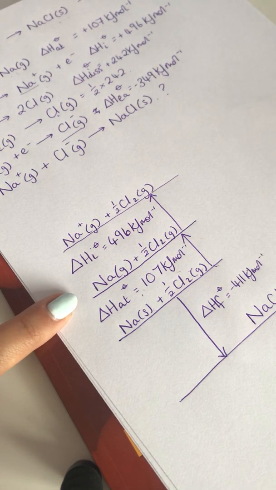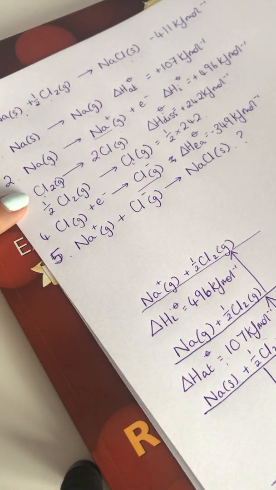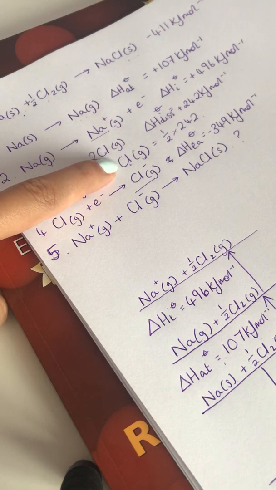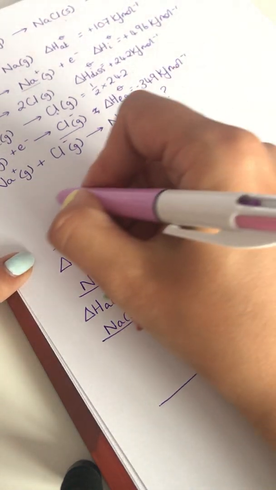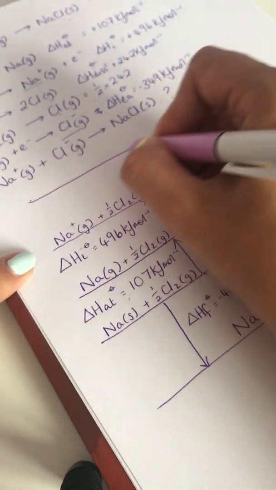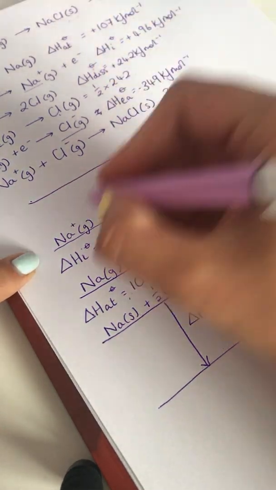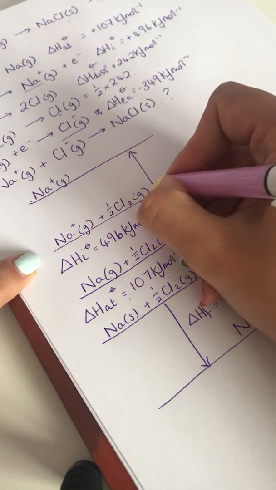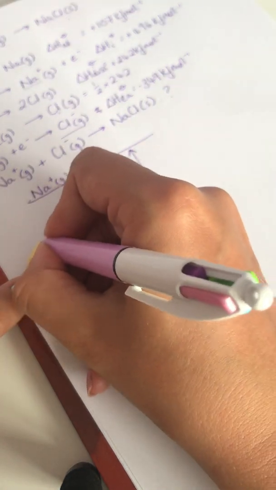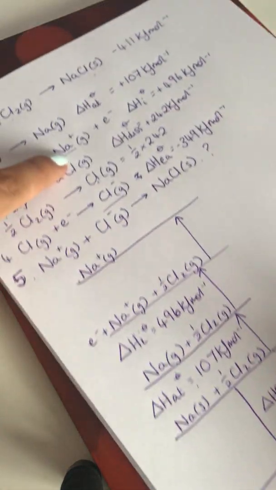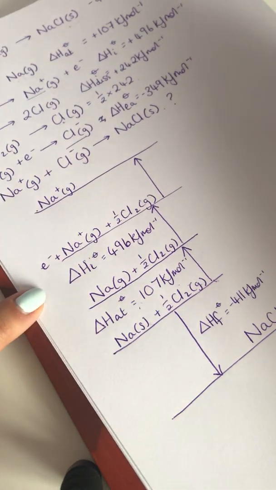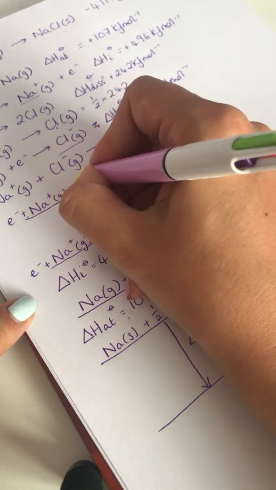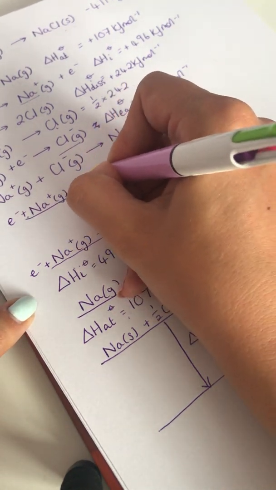So my next step then is to get from Cl2 or half Cl2 to a Cl atom. So I'm going to put another line here, make sure I've got enough space to write. I'm still keeping the sodium ion on there, so I haven't forgot that I've still got that here. Oh, and an electron. Good call, forgot to put my electron on there as well, because I made sodium and an electron there, don't forget to miss that off. So I've still got my electron and my sodium ion, and I've now got one Cl atom in the gaseous